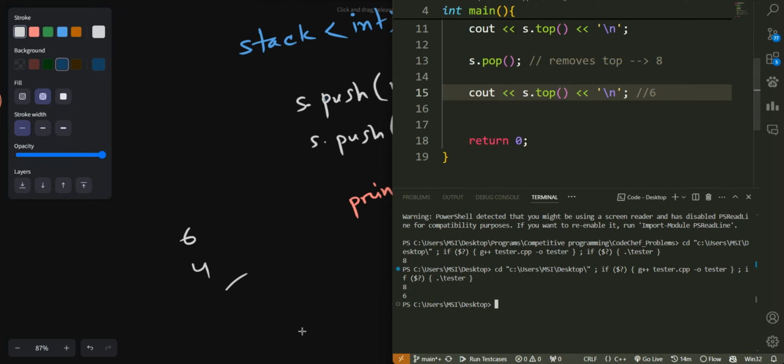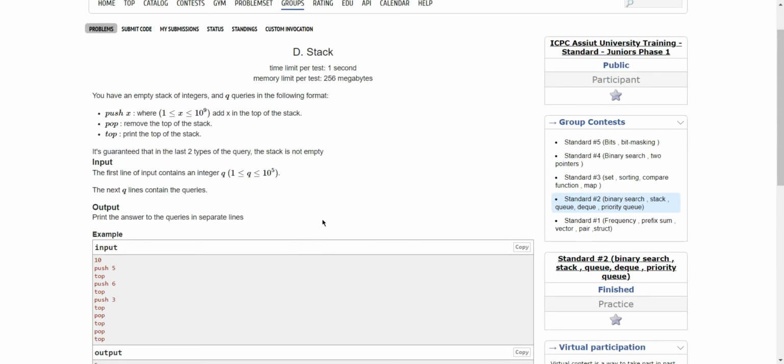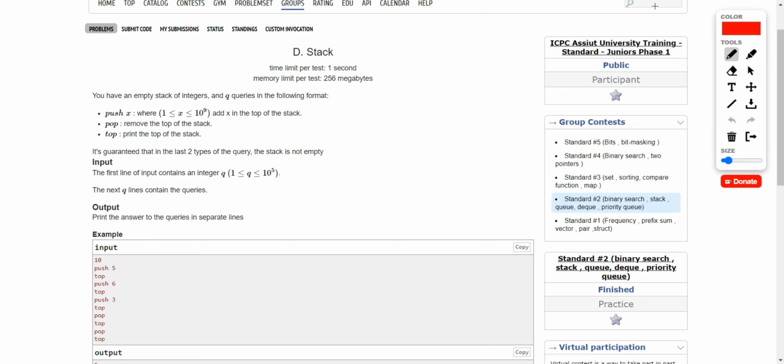And now let's see a problem on Codeforces. The problem statement says you have an empty stack of integers and q queries in the following format: push x, so add an element to the top of the stack; pop, which removes the top element of the stack; and top, print the top. Okay, so this is basically